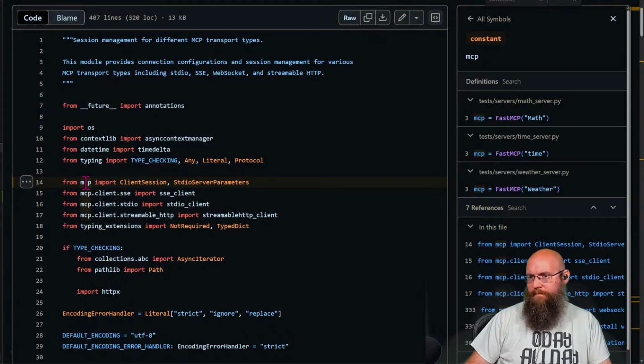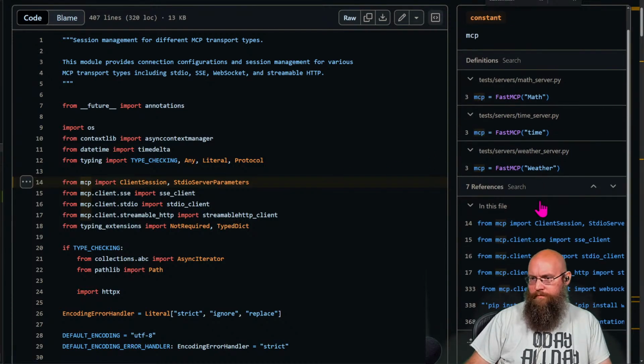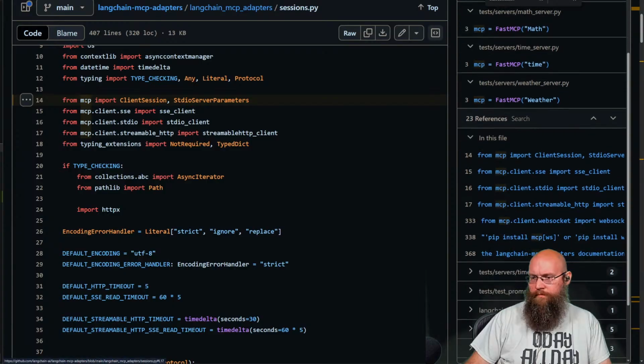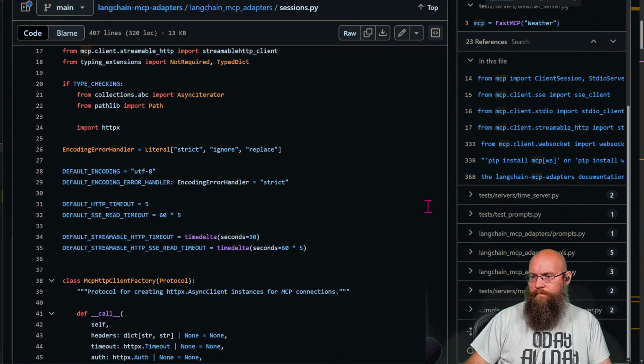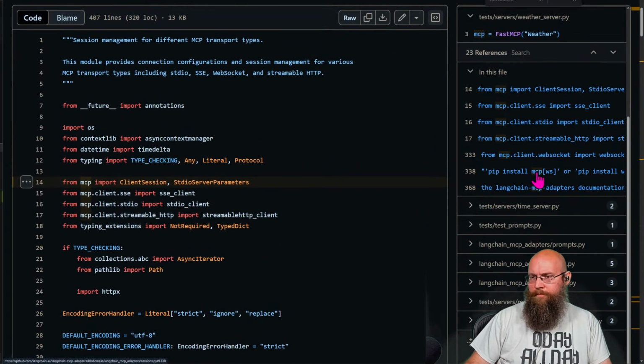Where's MCP? Oh, is this actually being installed as part of pip? Is that where that's actually coming from?